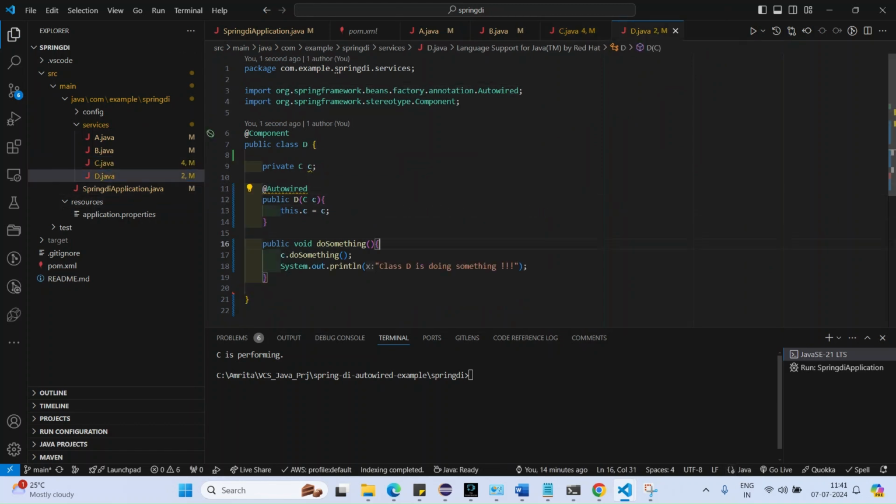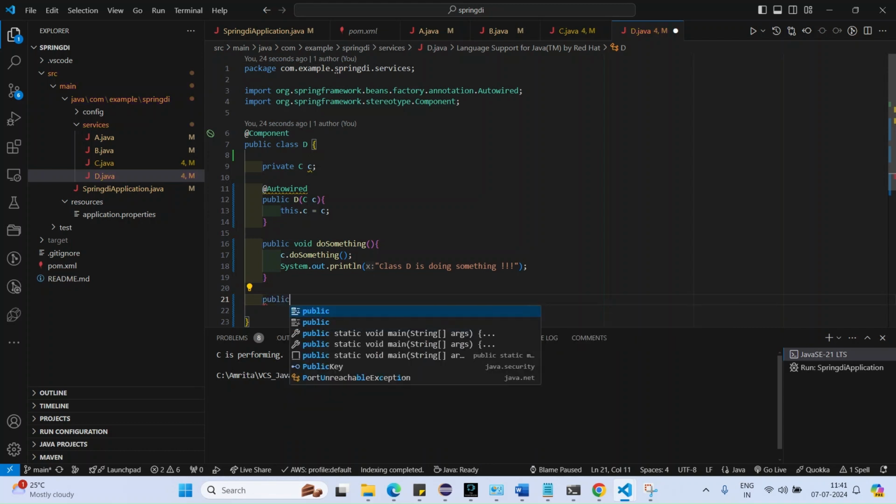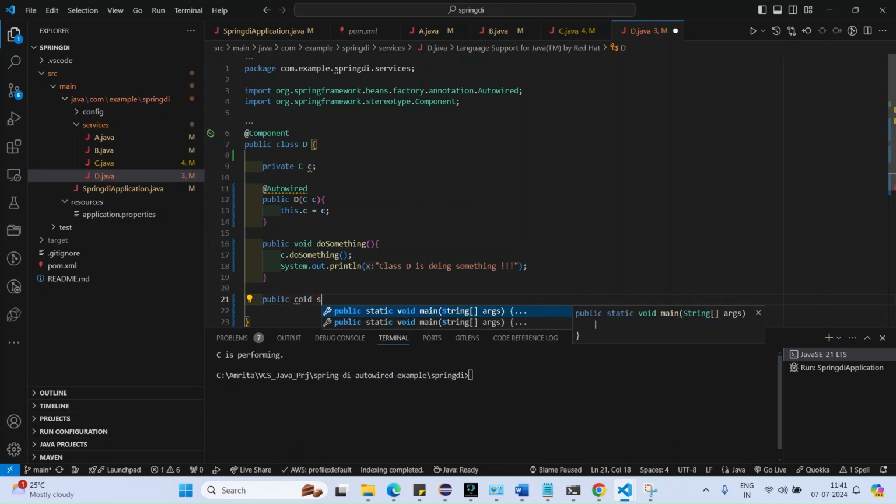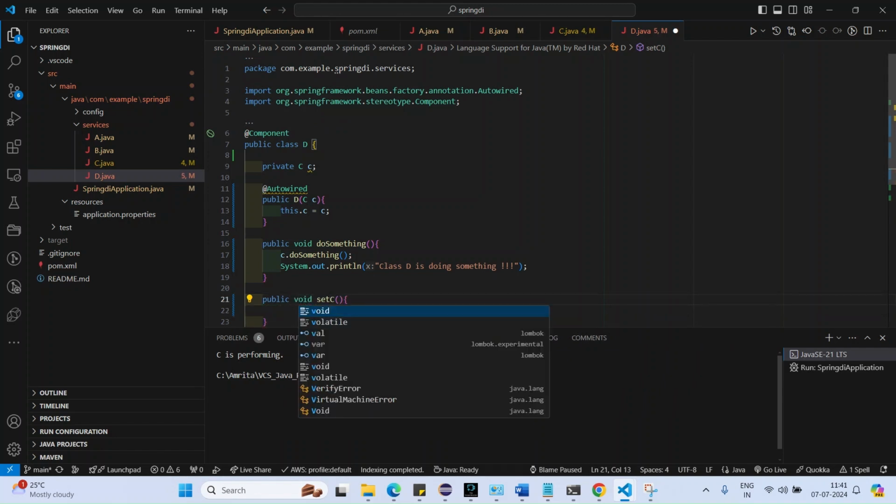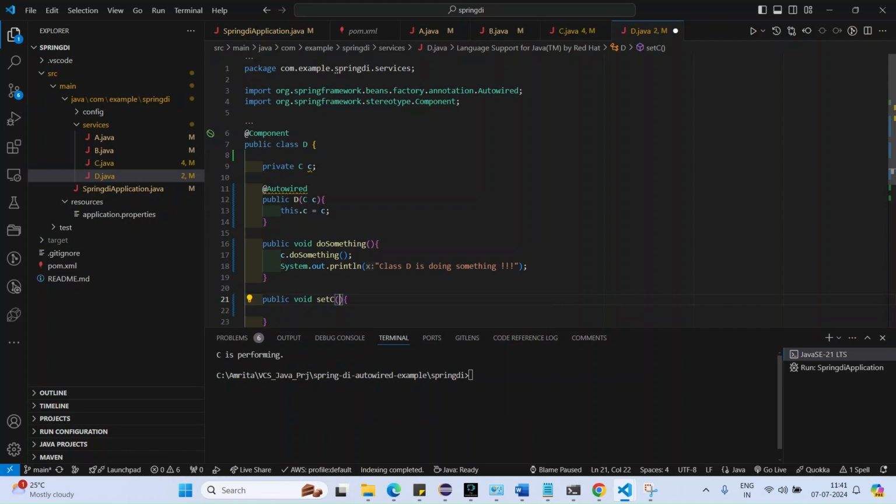Now one small change I will do which I want to show you the difference. For example, I don't want to autowire it using the constructor. I can also autowire using a method. So for that we will do public void setC. I have created this method and here I'm doing the same thing,